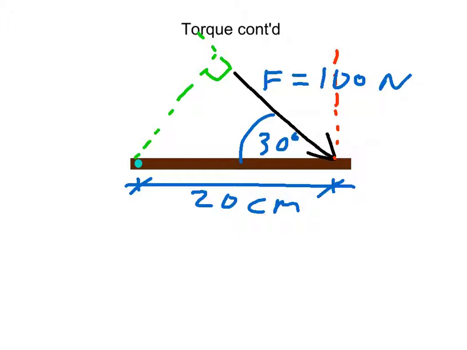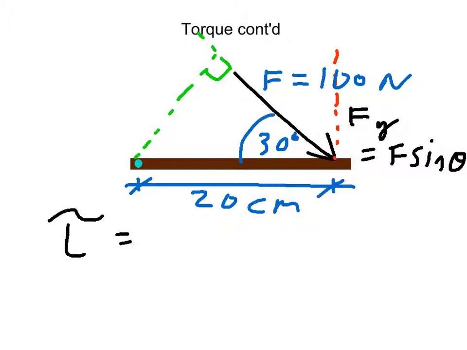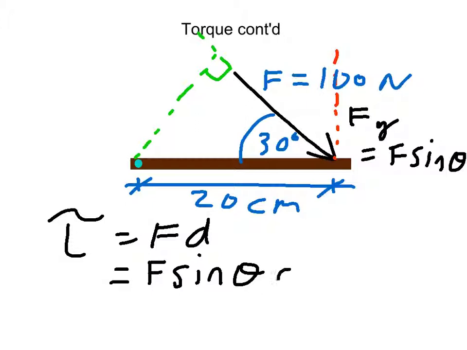So we have 30 degrees. The perpendicular component of that is going to be opposite of this little right angle triangle. So obviously that component is the sine component. So we have F_y, I suppose, is equal to F sine of the angle. Therefore, applying our torque equation, torque equals force times perpendicular distance, or perpendicular force times the distance. So it's going to equal F sine theta times d,